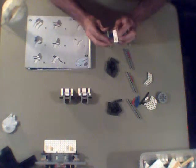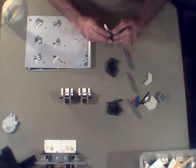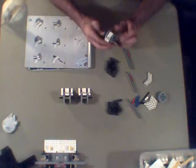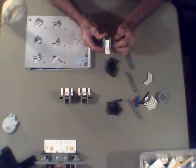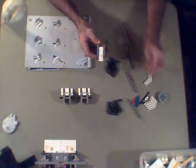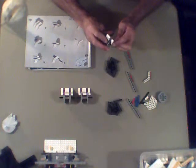If you want a really good toy, I'm gonna have to say Lego is probably the best toy out there. That's just me. Sorry if someone disagrees with that, but I mean, you know, I'm building these sets off what the instructions say, but